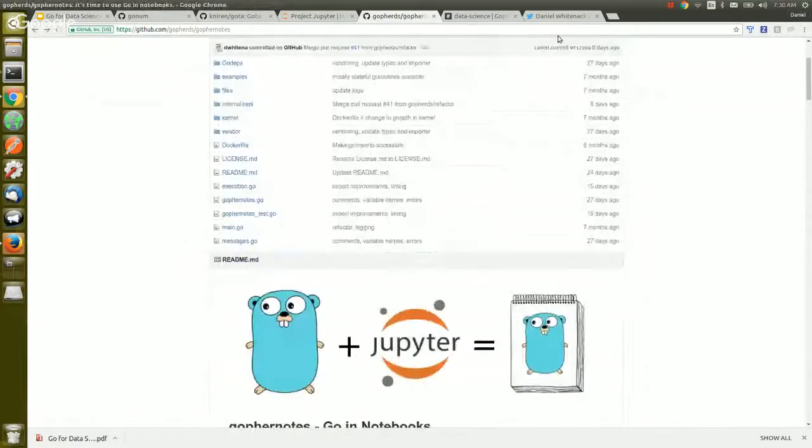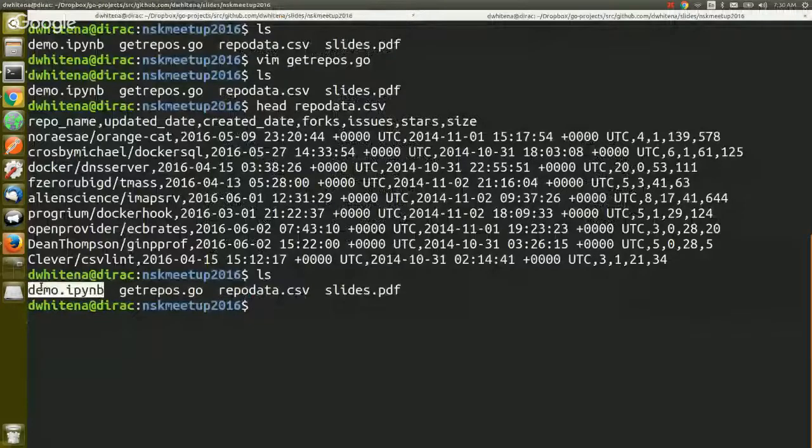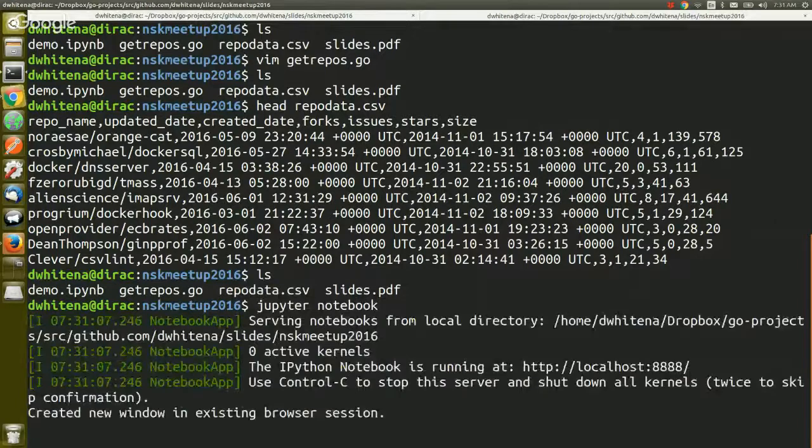Here, you can see in this repo that I have, that I'll post the link to, I have a notebook that I'm going to use for the demo here. And I have the data that we generated before. And if I just run Jupyter Notebook, okay, it's going to start up this web server. And you can see that my browser flickered over here. So if I go back,